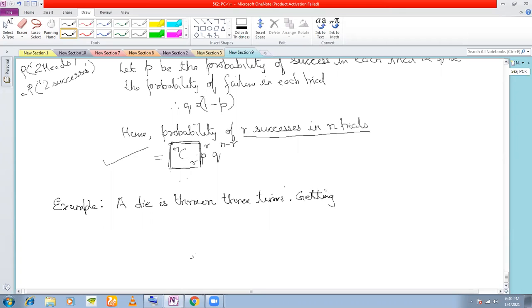Getting a 5 or 6 is considered a success. Now they have already given you what success is here. In some problems, they may not tell you which one is the success; that would depend on the question. But in this problem, they have already given you what success means. Find the probability of getting